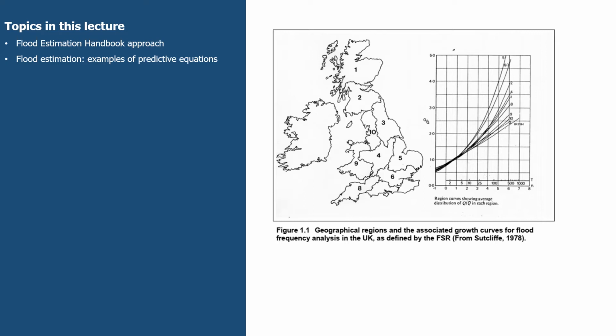So what we have in the map is really the basis for this approach. We have Great Britain here divided into 10 regions with numbers, and this graph shows the flow divided by the mean flow in each of those regions for events from the 2-year flood, the 100, the 500, the 1000. And what we see is that in areas towards the west of the country, we tend to have these curves that are relatively flat. And then in the south and east, we have curves that rise much more steeply